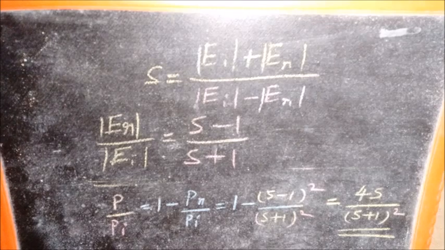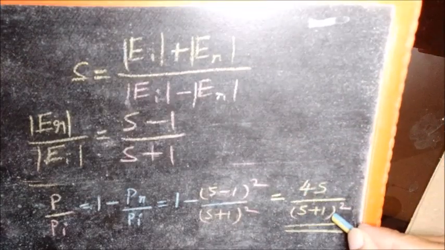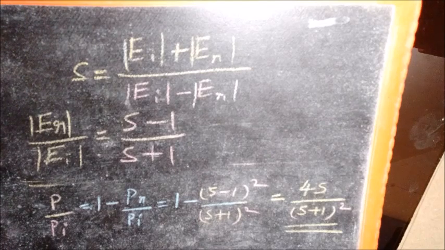And as I said, ideally we would like this to be 1, and for this to be 1, you can see here that the standing wave ratio has to be 1. If S is equal to 1, it becomes 4 by 4, which is 1. And S becomes 1 when K is 0. You can see that from the expression for S in terms of K. When K is 0, S becomes 1. And for K to be 0, ZR has to be equal to R0.